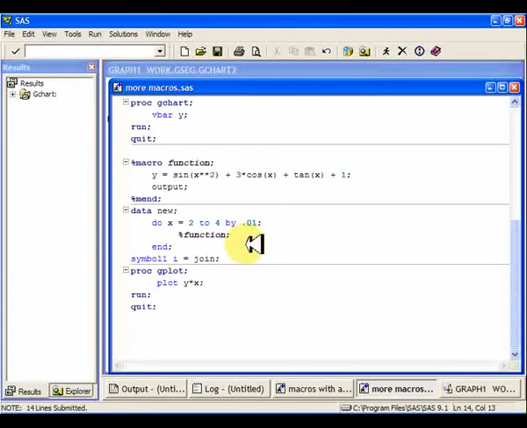Here's another program. It's kind of a similar thing. You don't have to have the whole do loop in there. You can put whatever lines of code you want inside a macro. Just know that when you call the macro, it's going to run through all the lines of code that you put in the macro. So if I put these two lines of code in the macro,